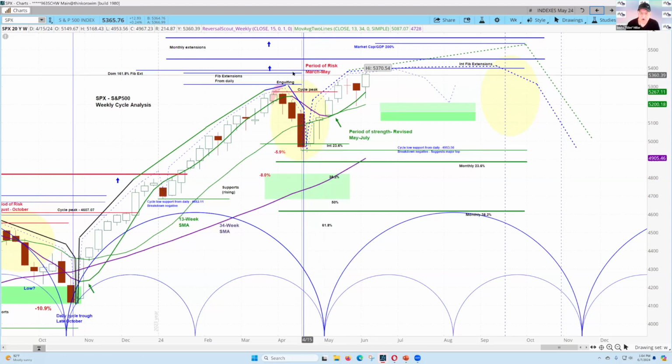Upside projections were, number one, that we would get above that level right there because that's the highest probability. And then looking at where these fib extensions are, which is right here at 5,400, we got up to 5,370 today. And then this monthly extension right there is at around 5,450. This monthly extension's at around 5,560. So this whole area in here is an area filled with reasons to believe that you have a target and you have resistance.